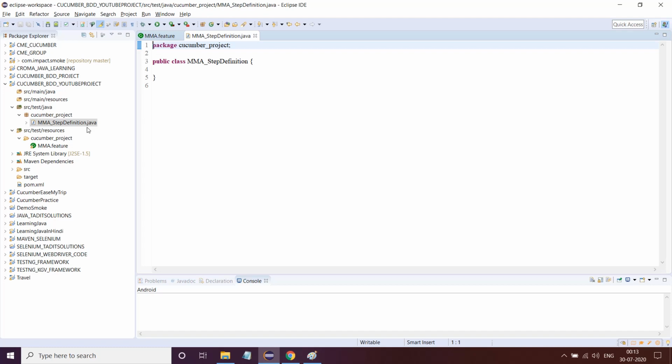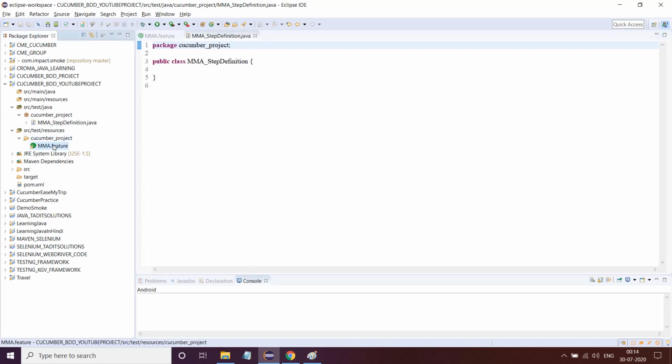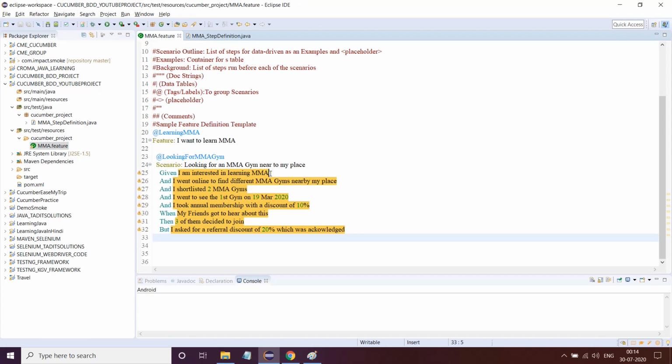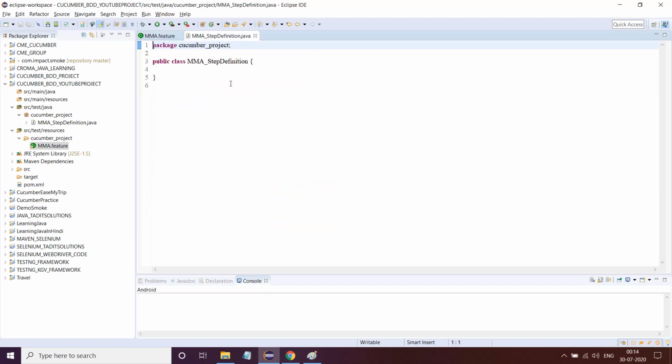Okay, now the thing is, how do I match the glue code from the feature file? Very simple. Copy the first line, copy the whole feature step, bring it here inside the class body, just copy it here, paste it here. So now what you have to do is you have to give an annotation, at the rate given, and you have to mark it as a parameter kind of a thing. And here this step you keep it in string format.